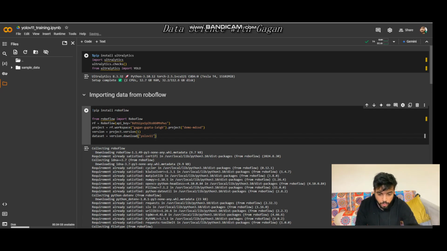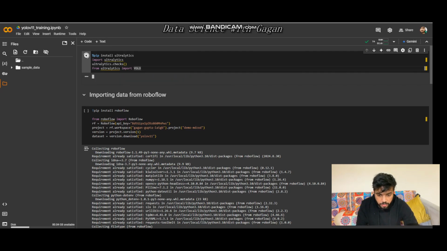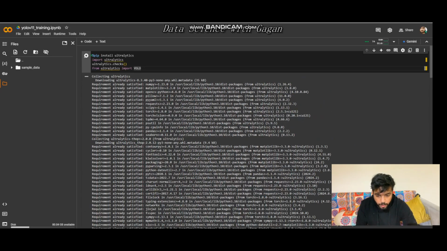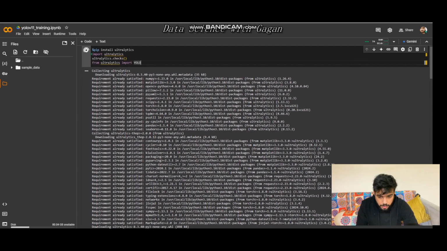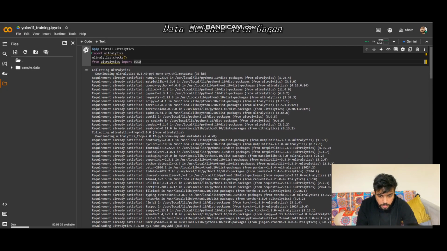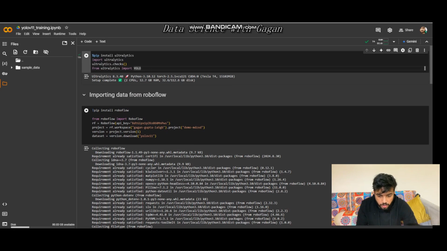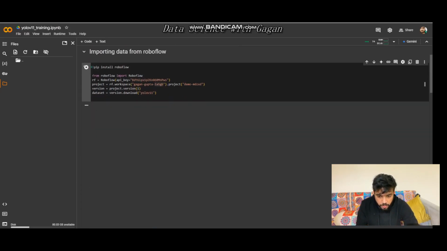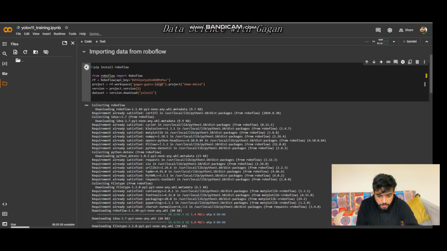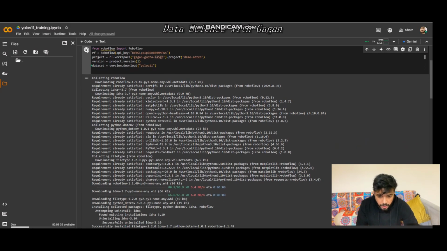Now using that code, we will import the data into our local machine, and then we'll start with the model training. For that purpose, we need this Ultralytics library. So I'm configuring it, so let it install. Now it has been installed. Also, to access RoboFlow, we will have to install RoboFlow. So let's install it. And also here you can see, using my API key, I am downloading my dataset